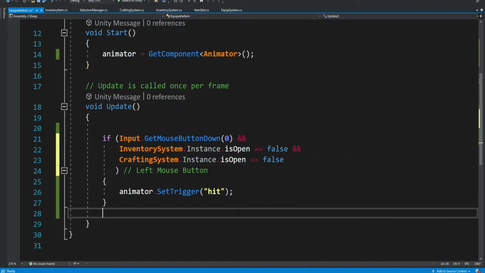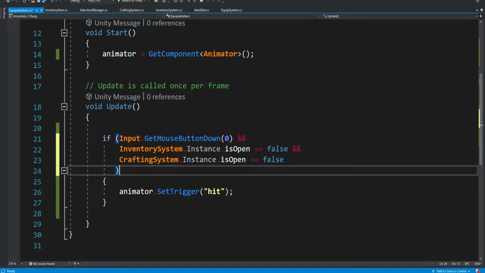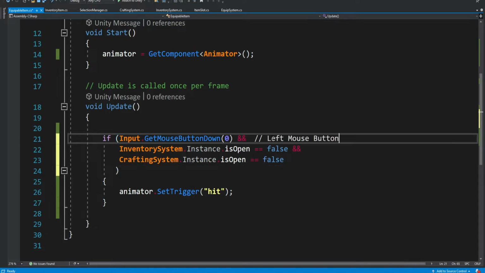So if both of these menus are closed and we click on the left mouse button, only then swing the axe, okay? So this will take care of the problem that we had swinging the axe when the menus are opened.